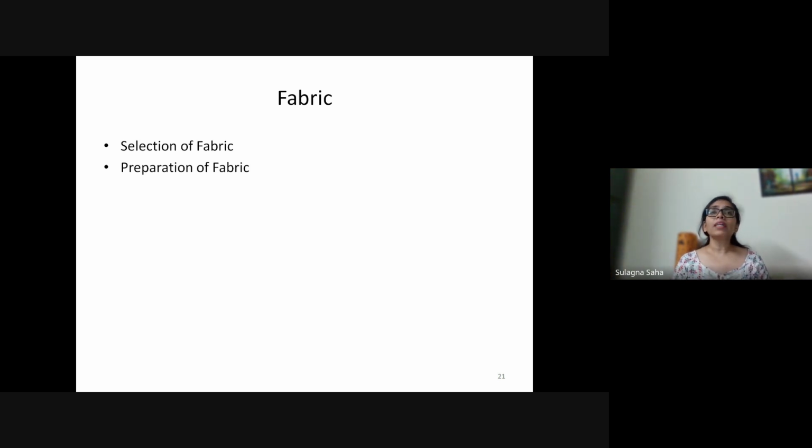If you're making a very nice flowy gown for a woman, you would rather use silk or satin or chiffon. So it is very important that you look at the garment, you look at your client, you identify what is best for the client, and then you select the fabric.